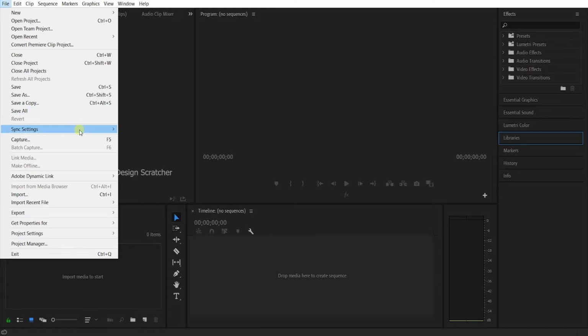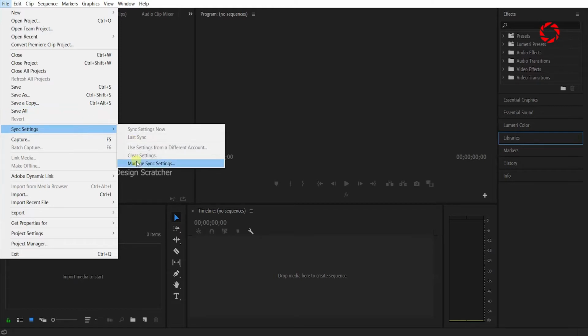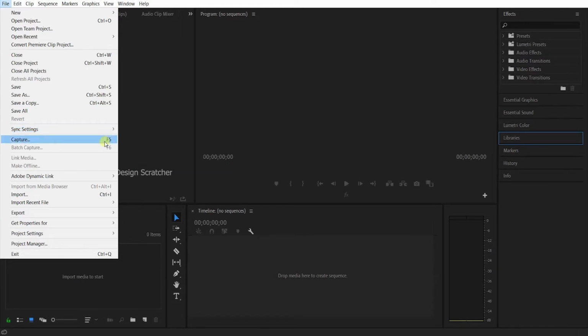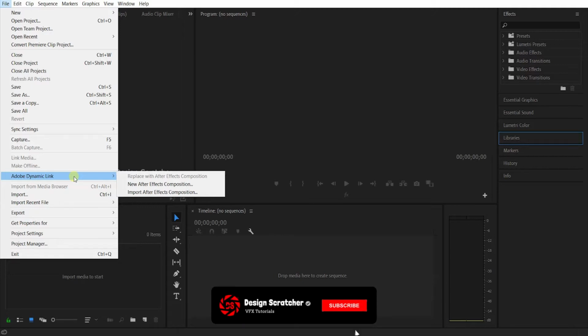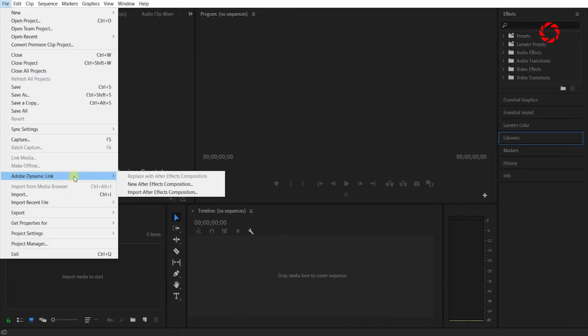Let's see. Settings means manage settings. It's not important. We use see for the cloud. Everything will be internet will be. If you have, means you can change. You can settings for the cache is not important. Adopt timing clickings. This is for not important for the link media. And this is for the new import After Effects composition. This is for the Premiere, but you can, that Adobe will be same company for the software will be Photoshop, Illustrator for Premiere After Effects. You can import for the After Effects composition which you can choosing for the here to that After Effects.